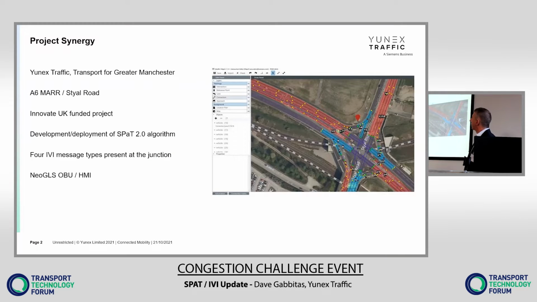Okay, Project Synergy. This has been a project with Transport for Greater Manchester, and this was to deploy GLOSA at this reasonably large site near Manchester Airport. Also deployed there, we were developing a new SPAT algorithm for this, based on these kind of fixed time demos. So you get very good time to green and things like this. It's not completely real world, but it does show the principle, and I'll show you a bit more about that